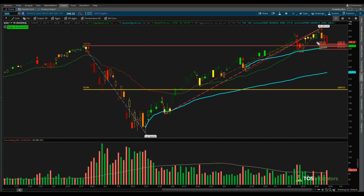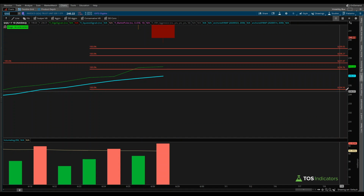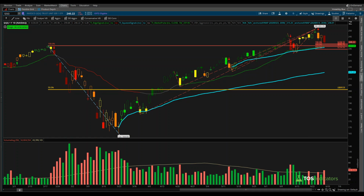One other thing which I forgot to mention on the Qs is, again, if this cluster doesn't hold, so now if we do break outside of 234.56, which is the very last level that we have, that's where the Nasdaq would suddenly become my favorite bearish play, mostly because we've broken all of the symmetry which has currently existed, and then I expect a semi-hard retest down towards at least our previous anchored VWAP line,